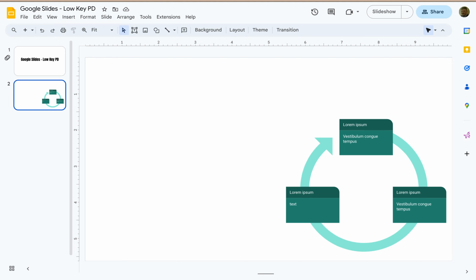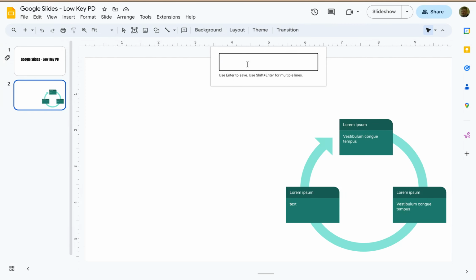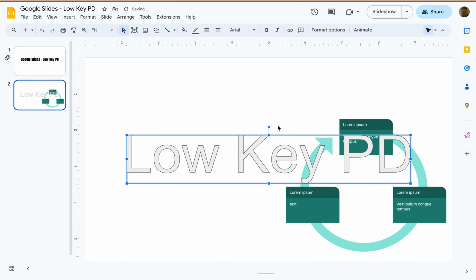In this tutorial, we're going to explore how to add WordArt to your Google Slides. If you go to the Insert menu and you click on WordArt, you're going to get this little text box that appears, and whatever you want your WordArt to say, you're just going to type it in this little box. And then when you're ready, hit Enter, and you'll get this big box that shows up with your text in